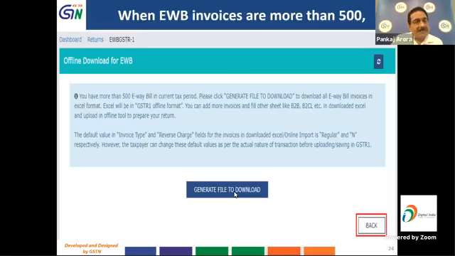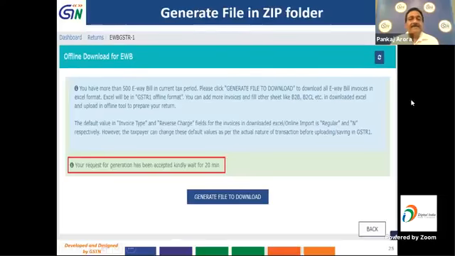Here, one thing is the same: the default value in the invoice type and reverse charge fields for the invoices in the downloaded Excel or download import is Regular and No respectively. So you are advised to change these default values as per the actual nature of the transaction before saving such invoice details in form GSTR1. So here you can see that once you click on Generate File to Download, it is